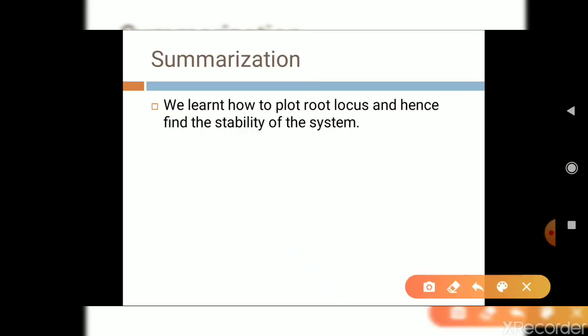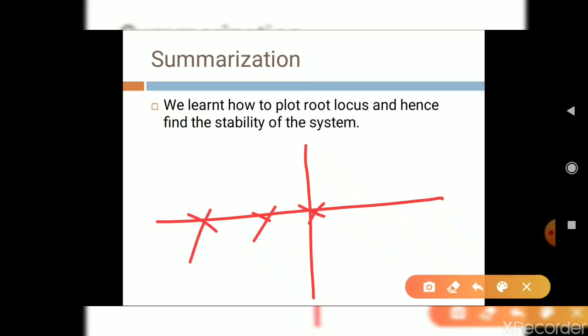If you want to plot the root locus step by step, first I need to denote the S plane, then I will plot the open loop poles and open loop zeros present in the system. After that I need to find the number of asymptotes. There are 3 angles of asymptotes, that is 60, 180 and 300 degrees for this transfer function. After that I need to find the centroid, which is at -1, then take the angles like this: 60, this is 300 and this is 180 degrees. So this is up to the angle of asymptotes and centroid.